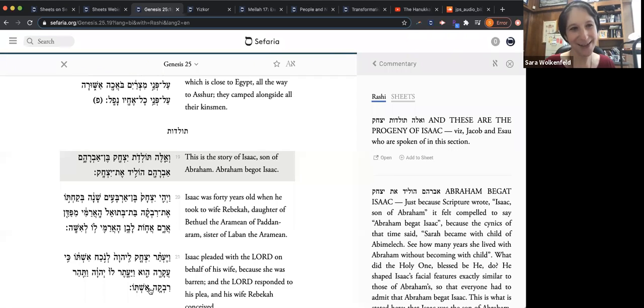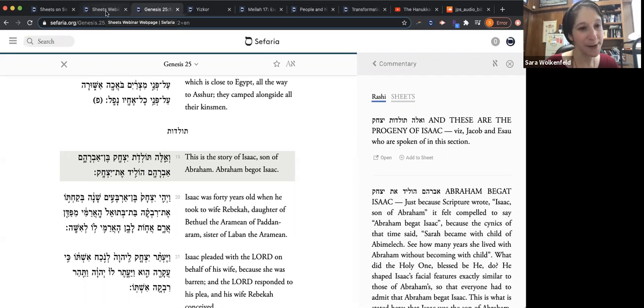Which is another reason I think to think of these sheets not as formal source sheets, the way you might think of it if you were using scissors and tape and a piece of paper, but to think of it as a place of collecting your thoughts, a place of collecting your ideas, because you can always go back in and edit it. And it's really very easy to just drop things onto a Sefaria sheet anytime that you're journeying or learning through our library. So those are all different ways to add a source to your sheet.